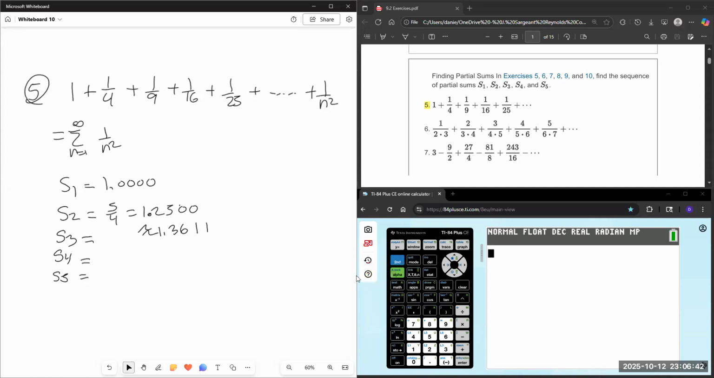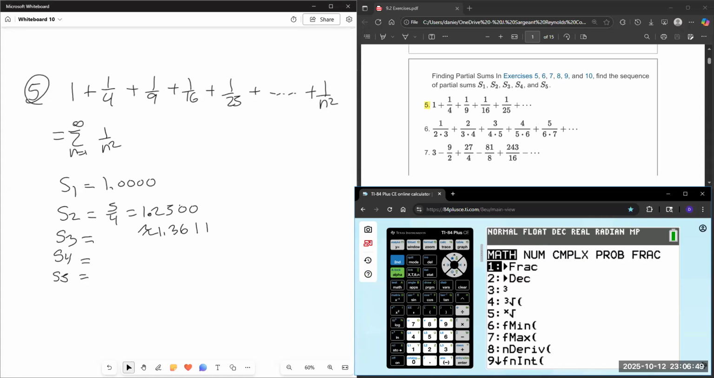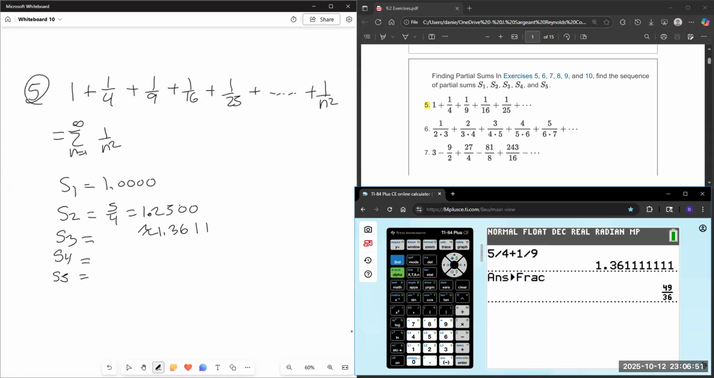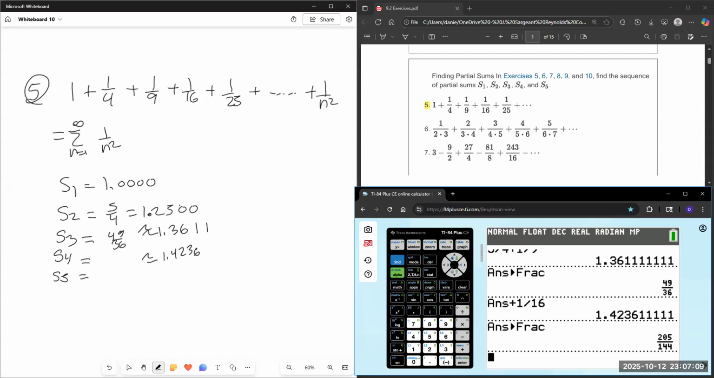Let's see, 5/4 plus 1/9, and math, answer to fraction, 49 over 36. Then I want to add a 16th to that, and I'll get 1.4236, and change that to a fraction is 205 over 144, and I'll add a 25th to that,